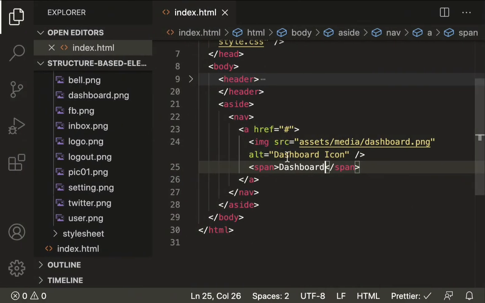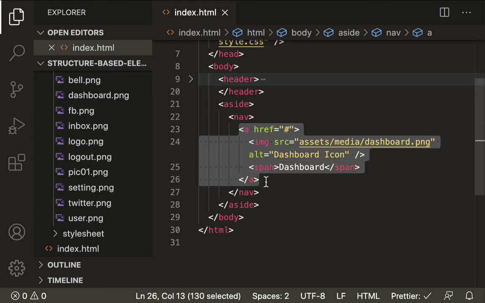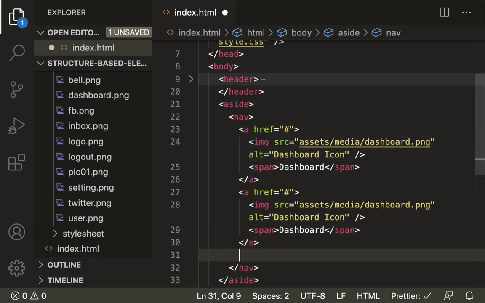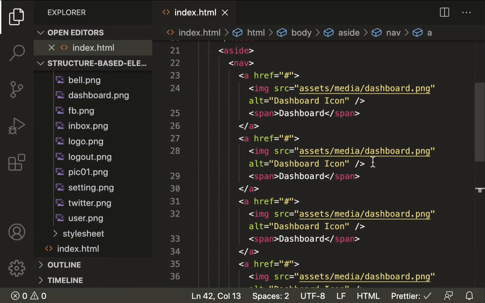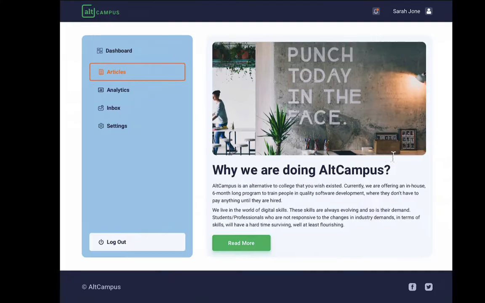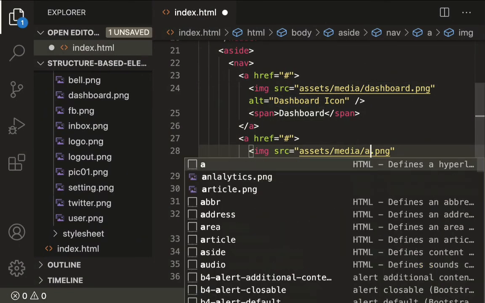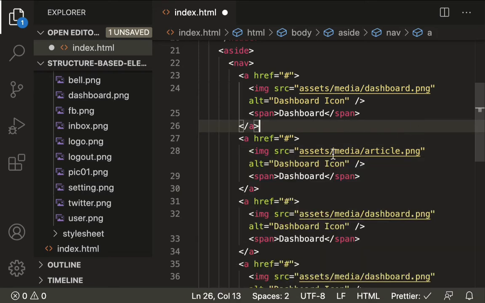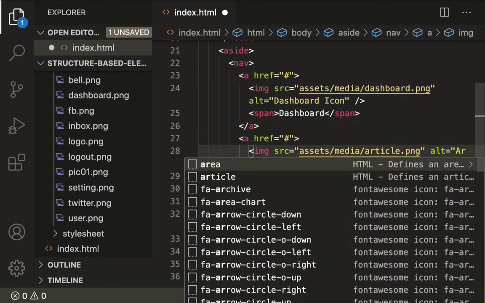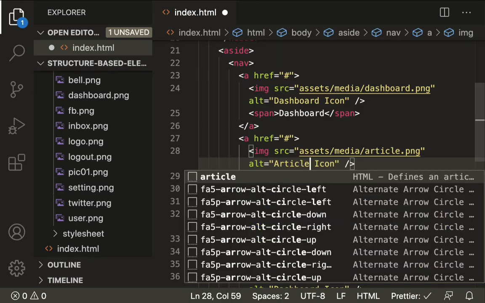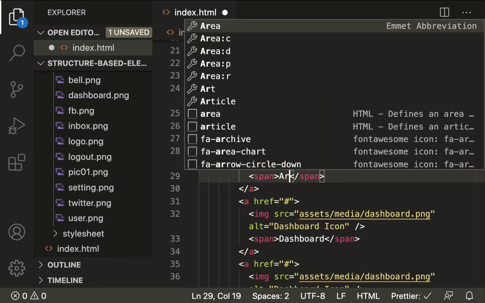So let's go ahead and copy and paste. We will change the content part. Now let's change the content part. We have dashboard, next we have article, article.png, article icon, then